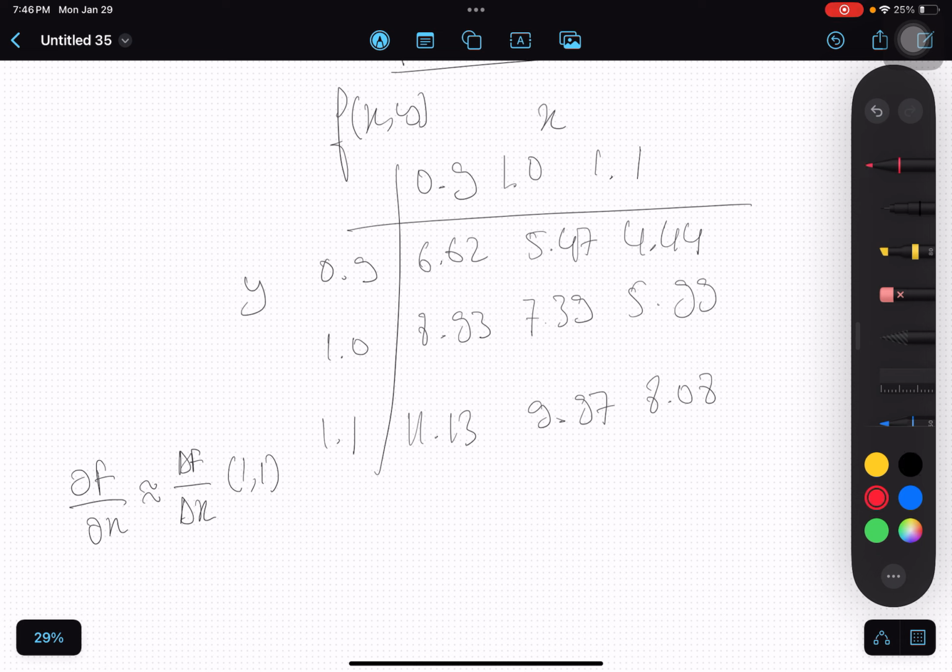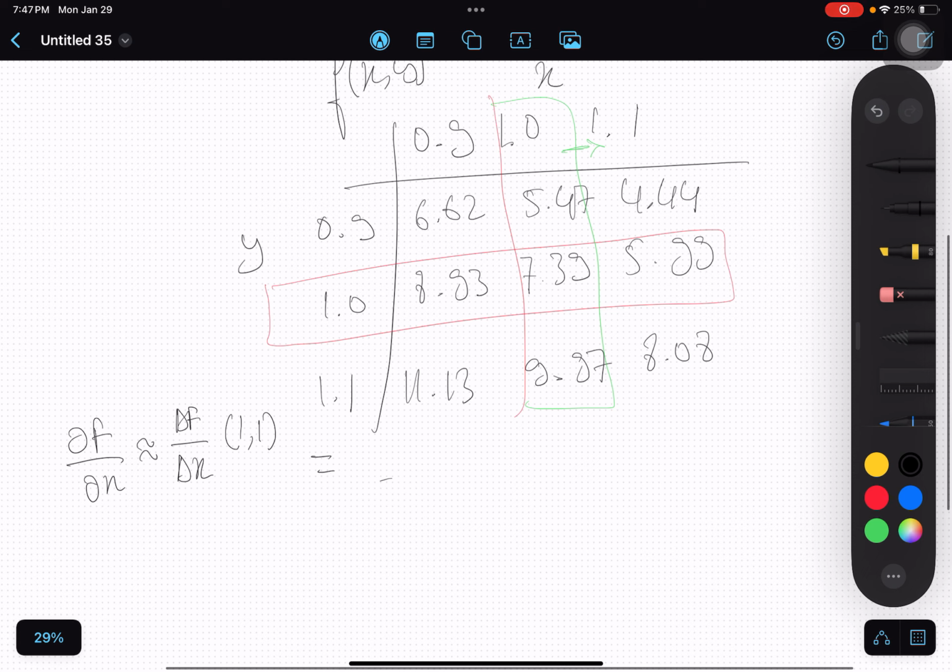What we do is we freeze the value of y. We freeze the value of y at 1, and we look at the value of x. How does the value of x change? In our case, we are taking a very tiny step in the x direction, moving from 1 to 1.1, and we look at surrounding x values. So it's going to be equal to